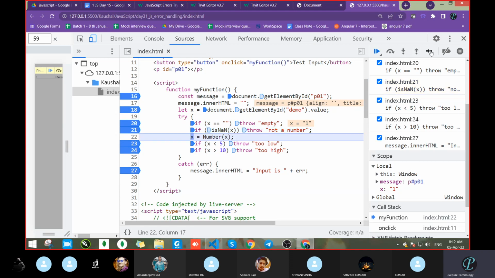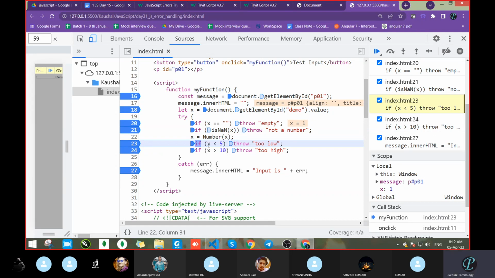Let's move next. Throw not a number is not working, means sure that it is a number. So now we are checking the condition. If that is a number, means maybe that is a string or anything, whatever will be there, we are taking that and passing inside Number. And after that, what is the value of X? Now value of X is 1. But what is the value of x here? Here also 1. Just one second. Here it converted. Okay, let it go. Okay, so what happened? We got a number 1.